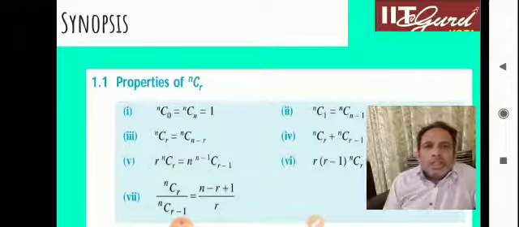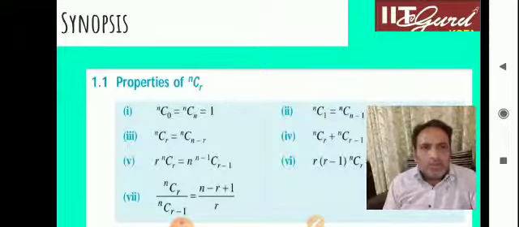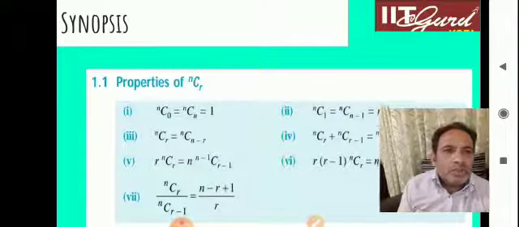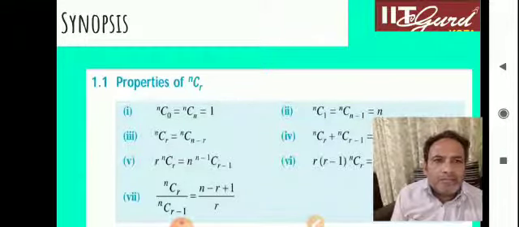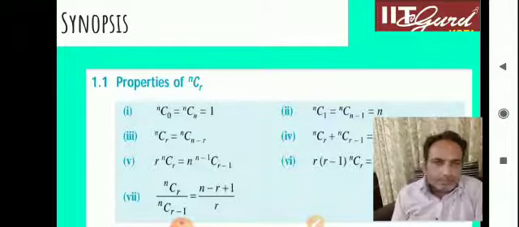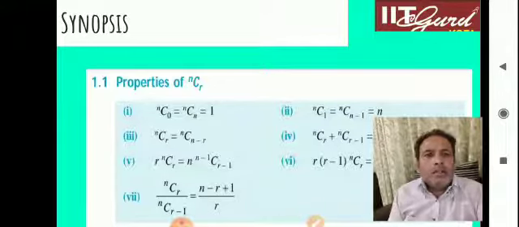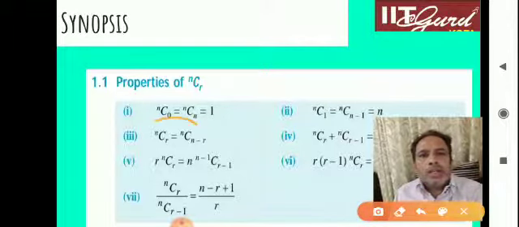No need to derive this, you all already know, and besides, in previous lectures 1 and 2 you can go and see that, and some important tips are also there. And the second one, that is nC1 is equal to nC(n minus 1). Third one, that is nCr is equal to nC(n minus r).